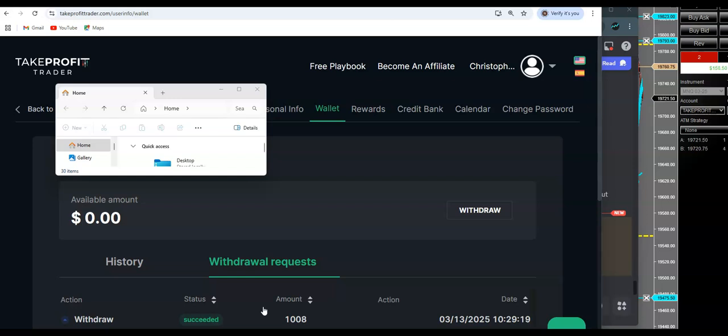So since on an 80-20 split, that left me with, or wait, I had $8 left over from prior in the wallet. So I was up like $1,250, or I withdrew $1,250. They keep 20%. That left me with 1,000 plus the 8 that was sitting in there from a prior withdrawal. I don't know why there was $8 left in there. So I pulled it out. So when that money came out, I was back to